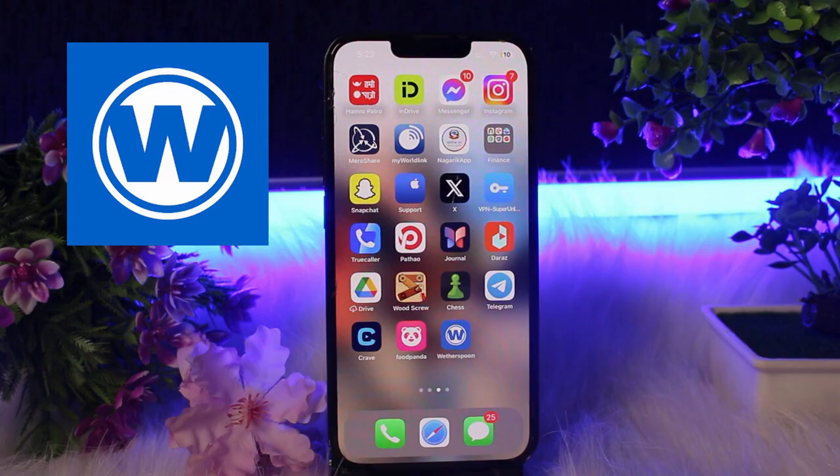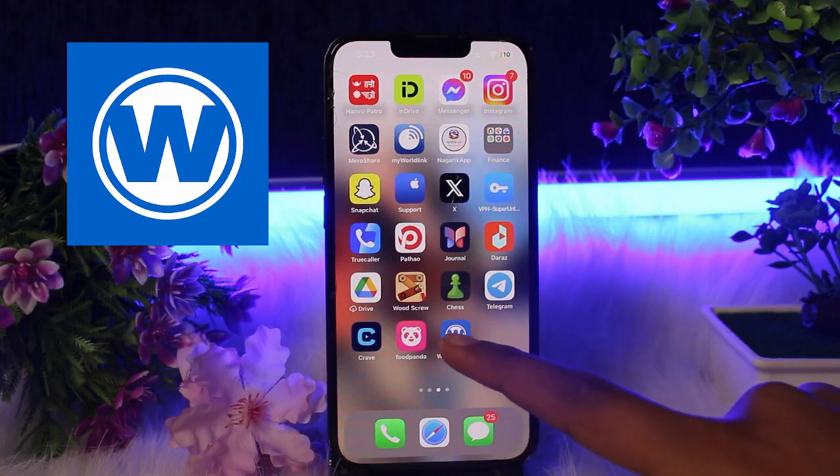So let's get started. Now if you want to make a complaint about Wetherspoon, then you have several options to do it depending upon your issue. Now if you want to complain in person, then you can speak to the manager at the pub at the same time. But if you want to complain through the app, then you need to simply open the Wetherspoon